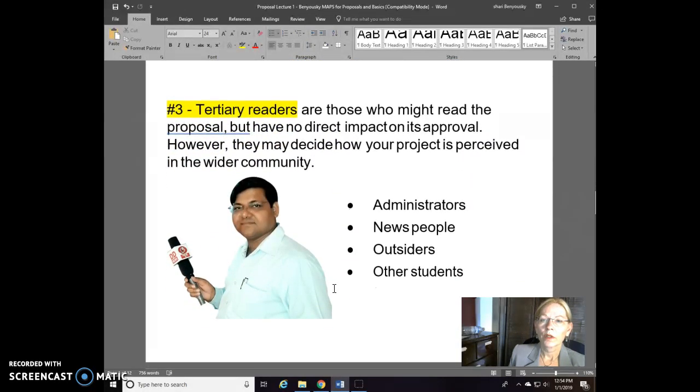Now, this one is one that a lot of students haven't thought about, and this is your tertiary reader. These are those people who might read that proposal but they can't veto it. They don't have any direct impact on whether it continues through the pipeline, but they could have a really big impact on your career. So think about this. They could be administrators who read your work and say, hey, this is really good, or this is really bad. They could be any kind of outsiders or other students who, in the future, you might call